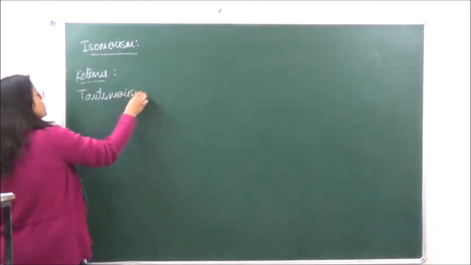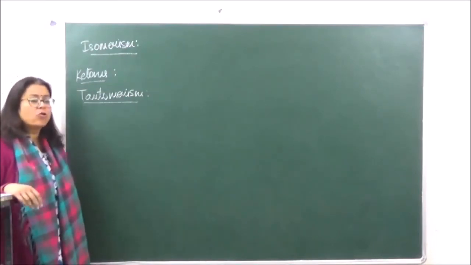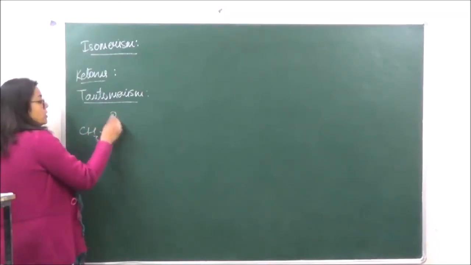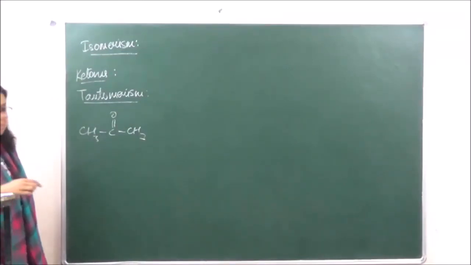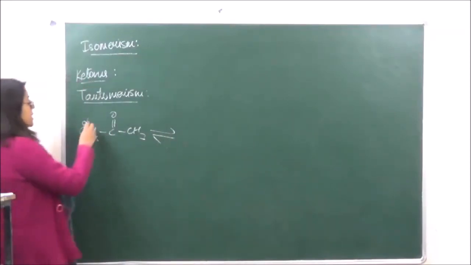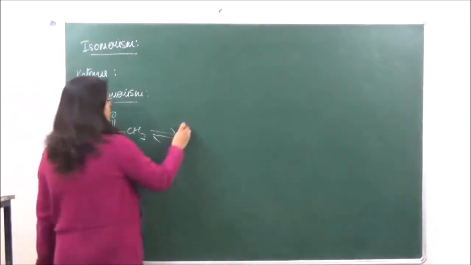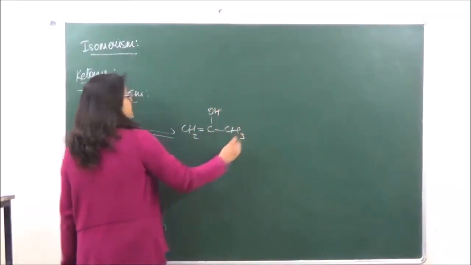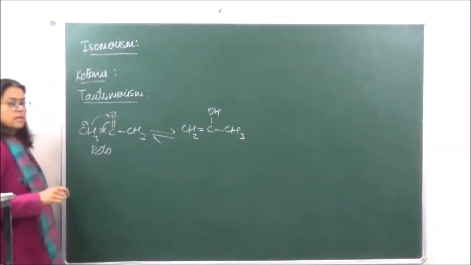tautomerism in ketones. Again, tautomerism is the simultaneous shifting of hydrogen and the double bond. So we're taking a ketone over here. This is the most common type of tautomerism it shows, known as keto-enol tautomerism. Okay? So if this is the alpha hydrogen atom which we are taking, this hydrogen is going to shift over here and the double bond will shift over here such that we have CH2 double bond C, OH, CH3. So this is known as the keto form as it contains a keto group.